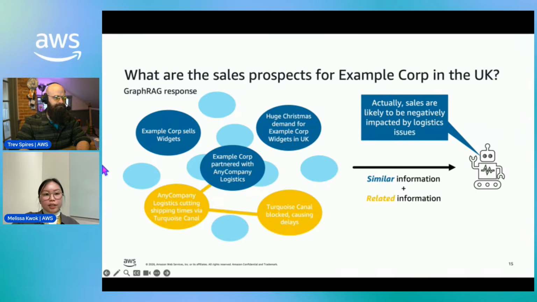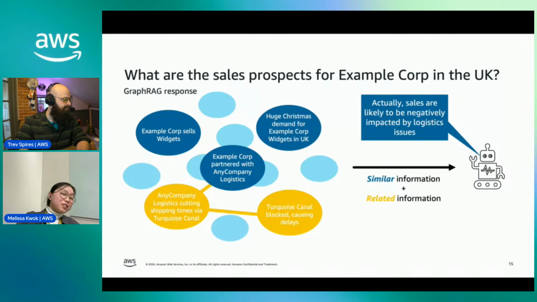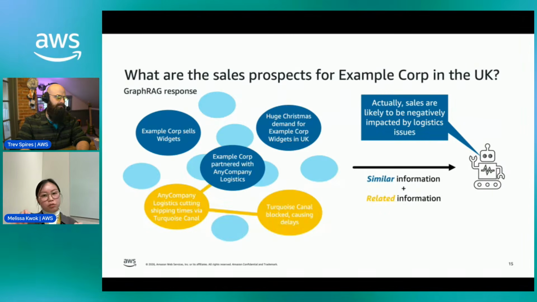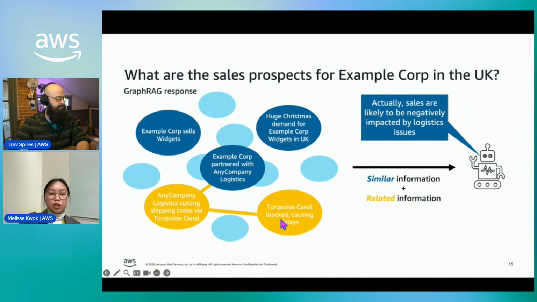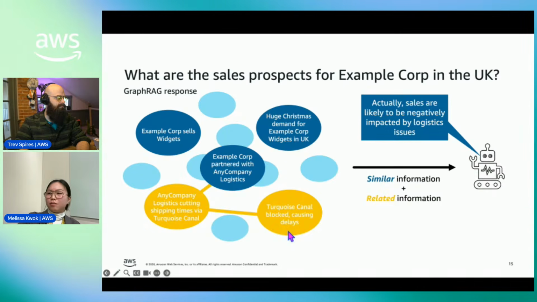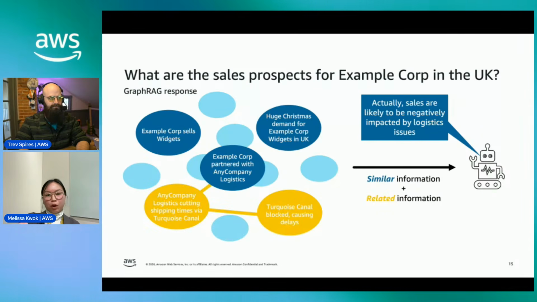If we look at this with a GraphRAG lens, again, our definition of GraphRAG includes a vector similarity search plus a graph search. So we are still using a vector similarity search to find inputs into the graph, and then using a graph traversal to collect any other relevant information that is related, connected, but maybe dissimilar. That's where we pick up these extra 2 chunks on the bottom here, because even though the chunks are talking about the turquoise canal, which isn't semantically similar in meaning to sales prospects, Example Corp in the UK,